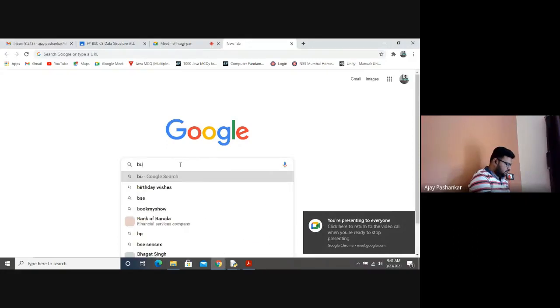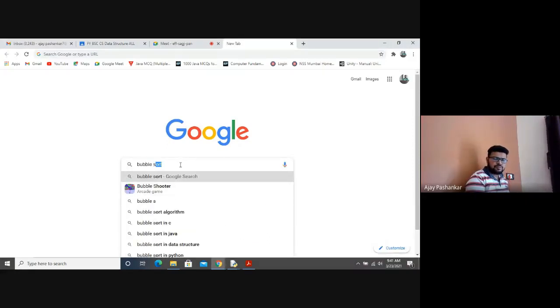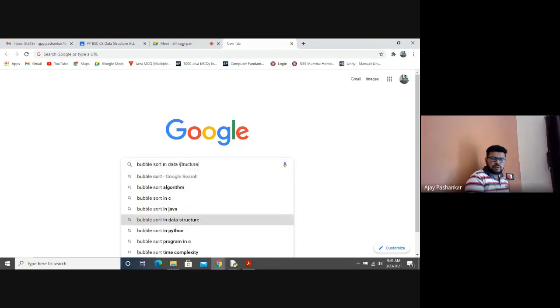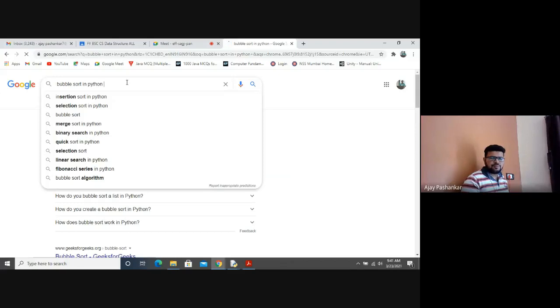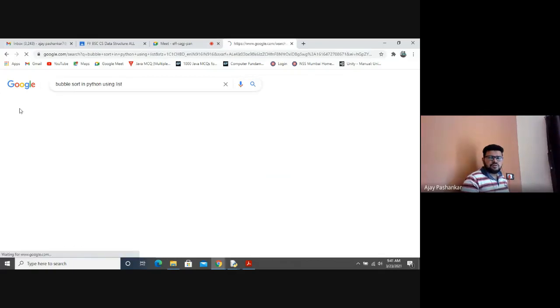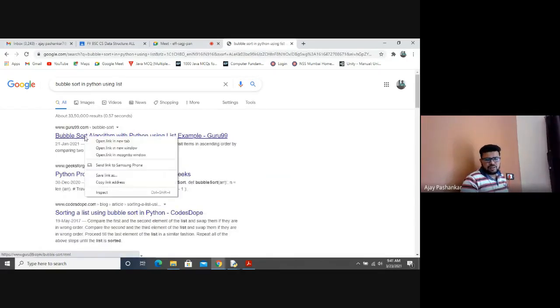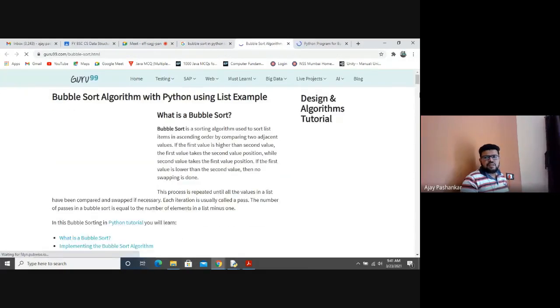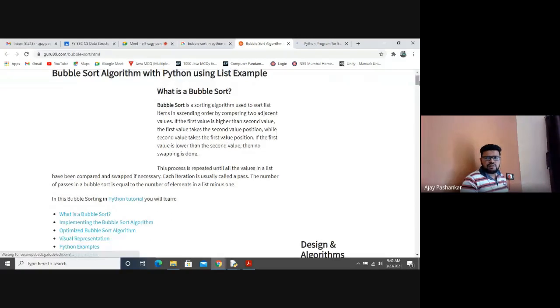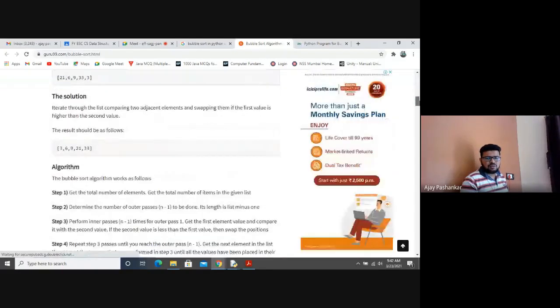So bubble sorting algorithm in Python using list. कुछ अलग देते तो देखते, कोई इशू नहीं, लेकिन इनके कोड ब्लाइंडली मत उठाना, because they contain lots of bugs.